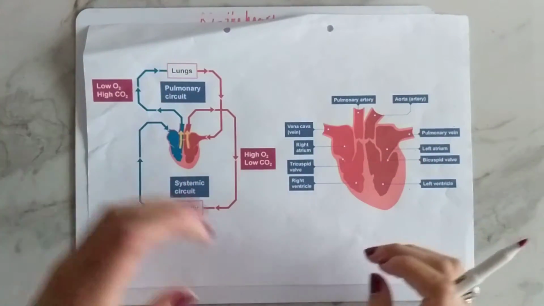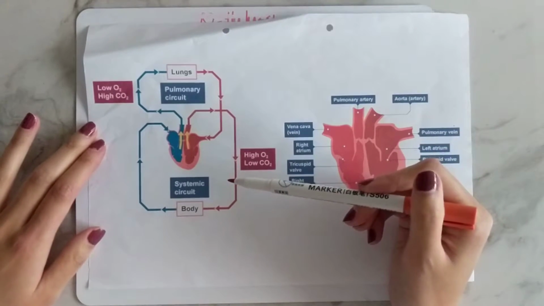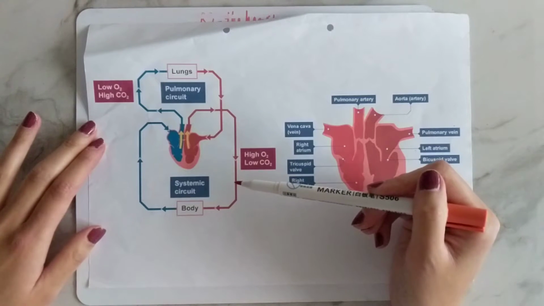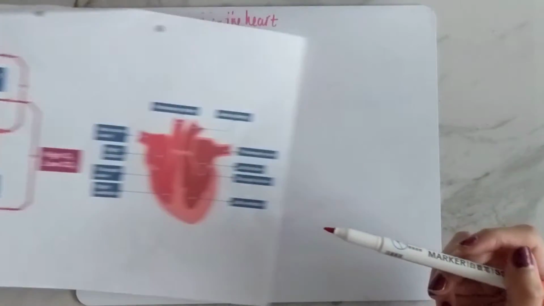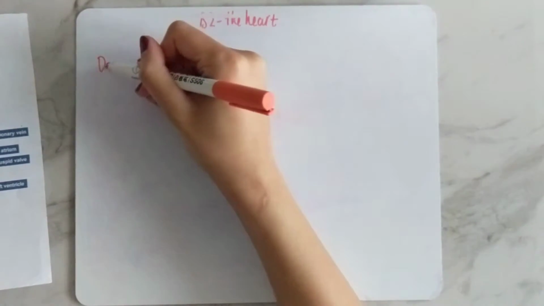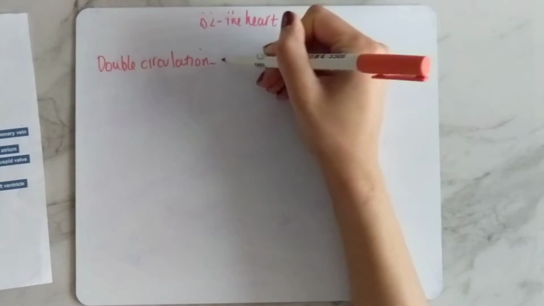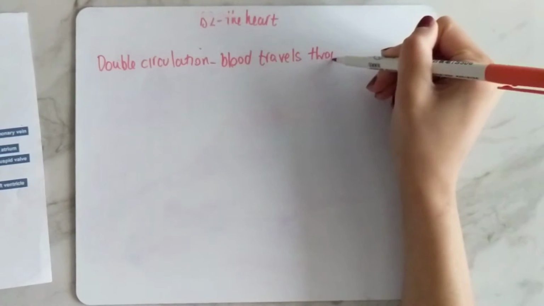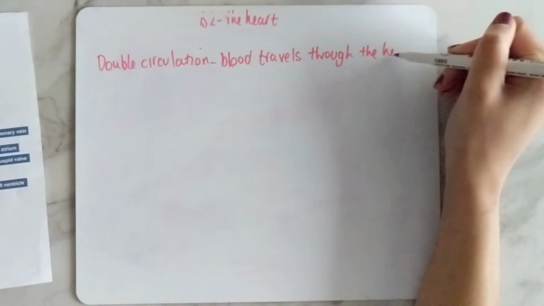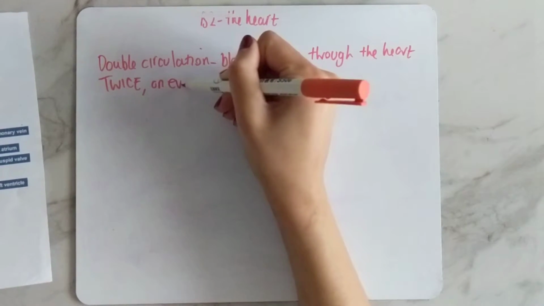So this diagram, if we focus on this side first, the heart has a double circulatory system. Now, the double circulatory system basically means blood passes through the heart twice on every full circuit. So I'll just write that definition for you. So double circulation means that blood travels through the heart twice